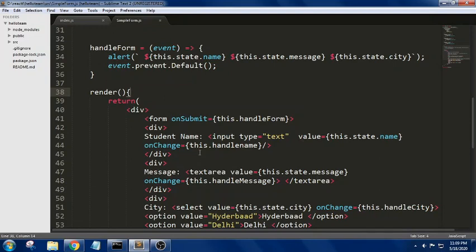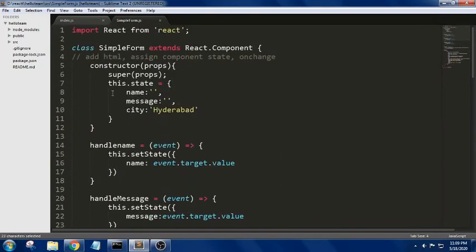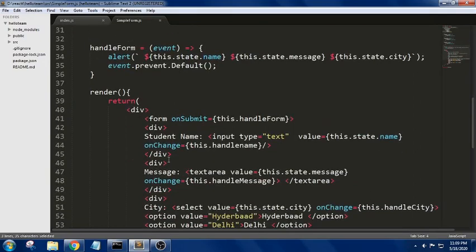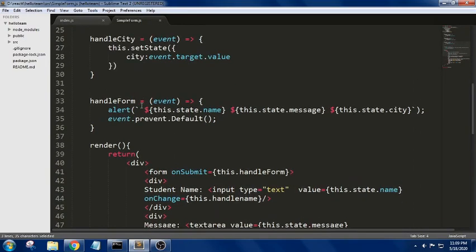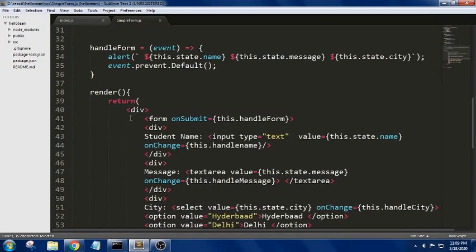As we have discussed, first is the form value, next is the form state, next is the form event. Based upon this event, when it updates, the render method will automatically execute.